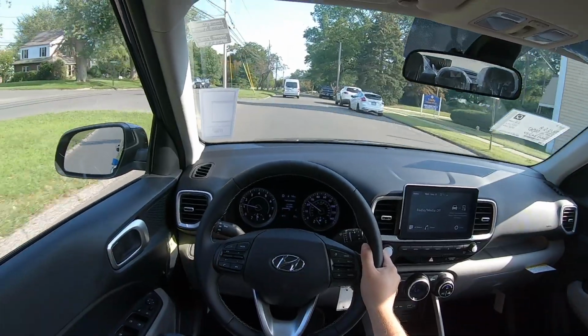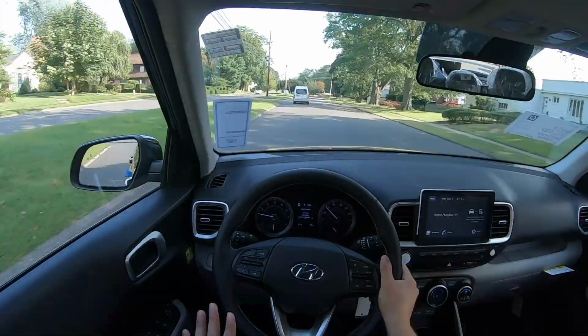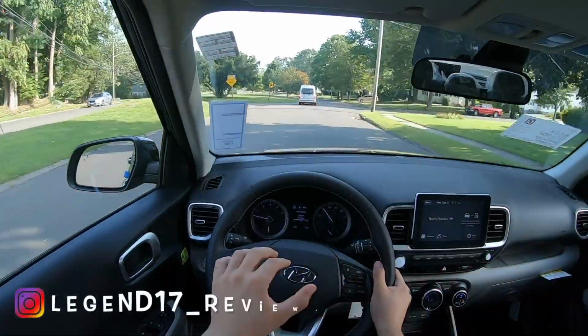And getting inside and getting out is very easy. You basically just slide into the seat. So the height of this Venue is perfect. Gauges look amazing,